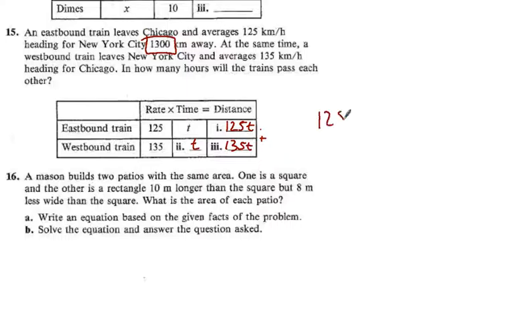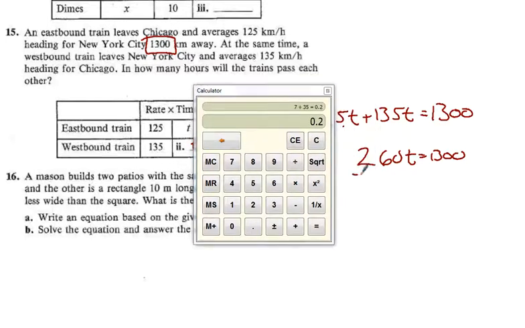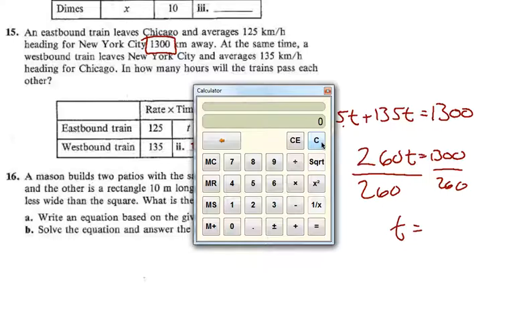So I have 125t plus 135t, and that's going to equal 1,300. Well, adding these two values together, because they both have t's, I get 260t is equal to 1,300. Well, what's the opposite of multiplying by 260? Dividing by 260. So I get t is equal to